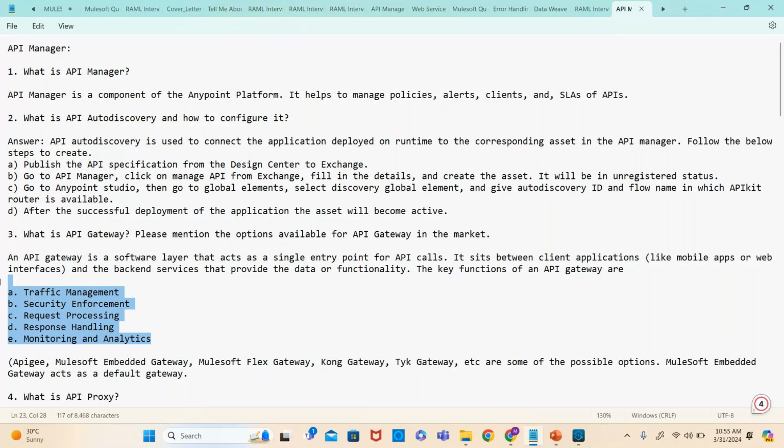The same way we have our CloudHub to monitor, right? Anypoint Monitoring to monitor and see the analytics. The same way for API gateway also, you'll have monitoring and analytics. But in my experience, I haven't used that particular part, the embedded gateway. Okay. But if you use a